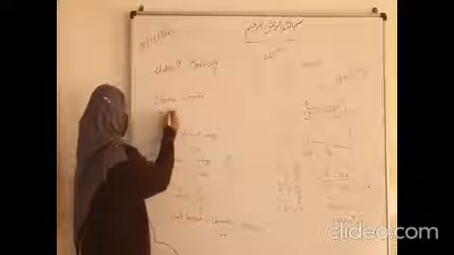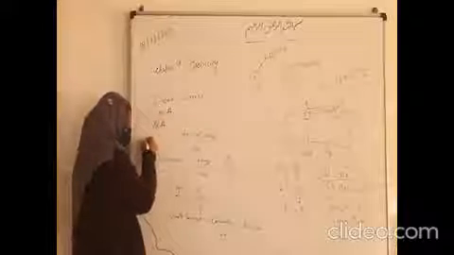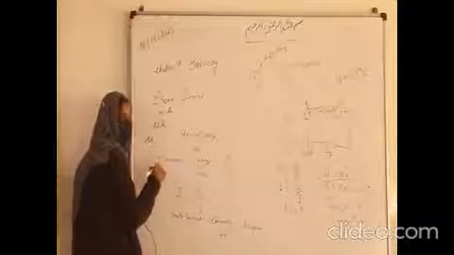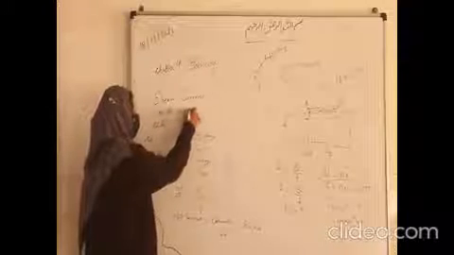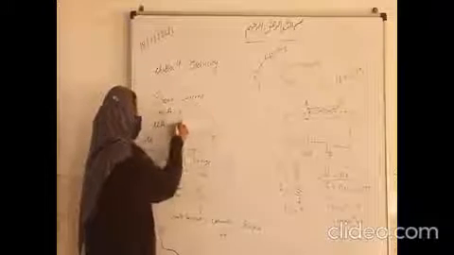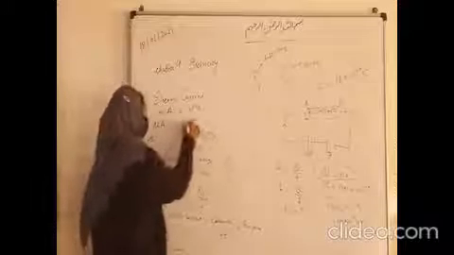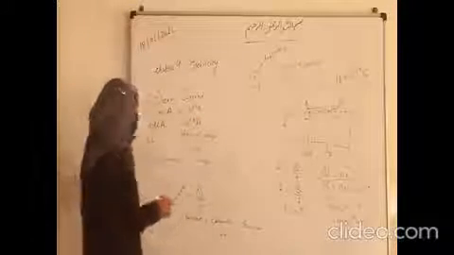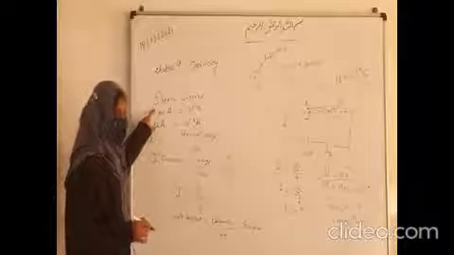Milliampere and microampere. Microampere is represented by mu. Okay, we will make mu like this, cursive mu. Okay, mu A, microampere, milliampere. Milliampere means 10 raised to power minus 3 ampere, and micro means 10 raised to power minus 6. Fine, this conversion you should know, because it will help you in solving the numericals.